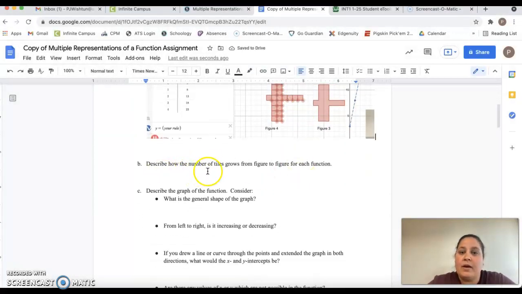Number 1, it says, describe how the numbers of tiles grow from figure to figure. Well, we already talked about that. They grow by